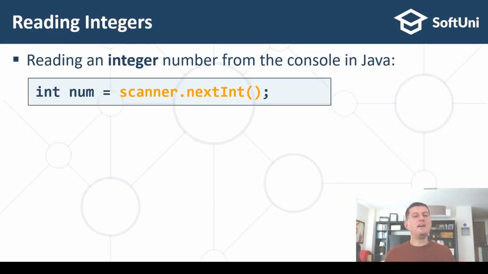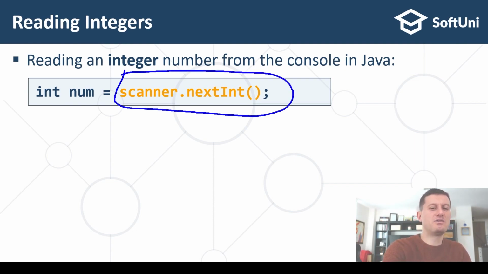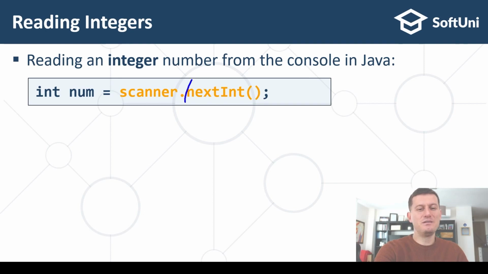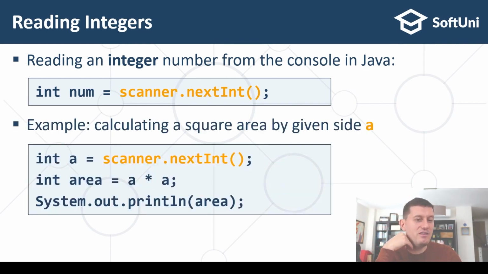Now let's explain how we read integer numbers from the console using Java. It's pretty simple. We use the same Scanner object, but instead of nextLine, we use the nextInt command. The nextInt says, please read the next portion of text and parse it to an integer number. So int a = scanner.nextInt() reads an integer number, and this is an example of how we can read a square